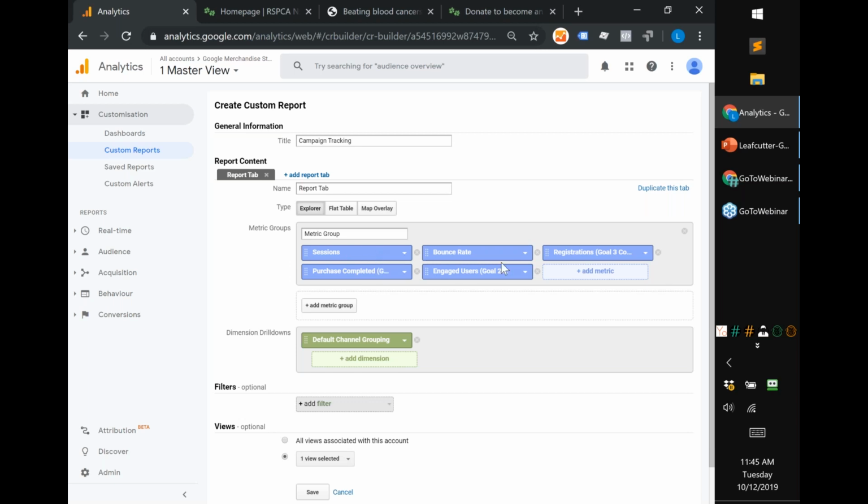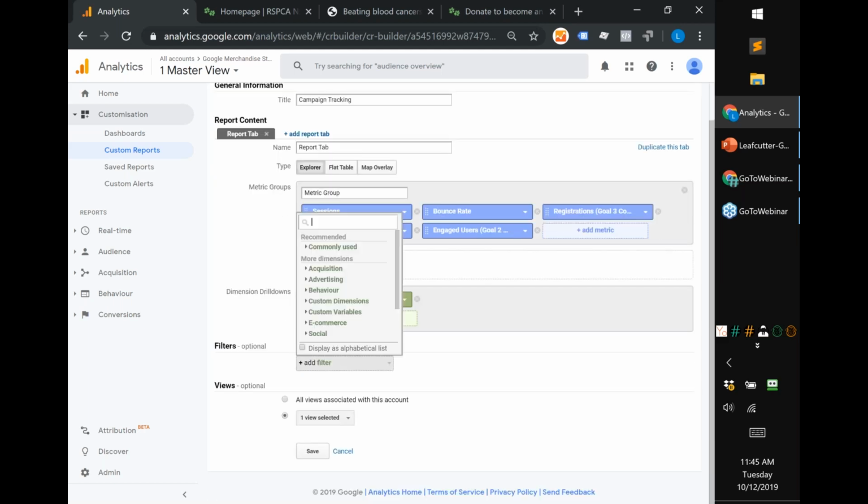So I've got the metrics, the numbers I'm looking at. It's really simple, just sessions and bounce rate. So how many visits came to the website? Of those, how many more or less just looked at one page? And then I've chosen 3 of the goals that they've set up. If you need more info about goals, we spoke about that a bit last week. We can send out the checklist, just let us know if you need to know more about that, or just search for Google Analytics goals. All right, so I've got those, and I just want to see them by the channel.